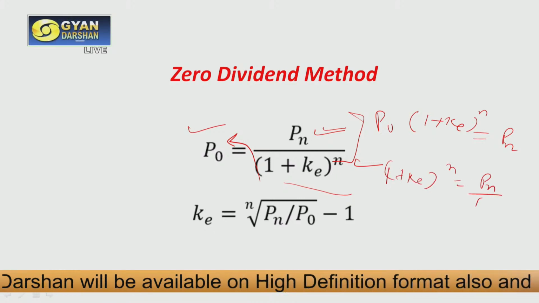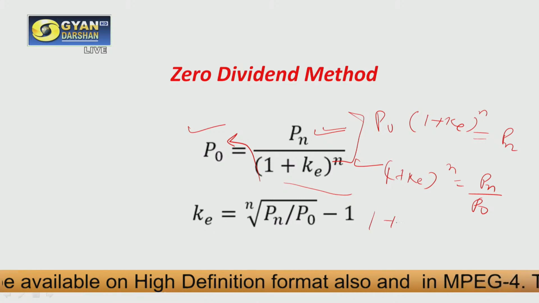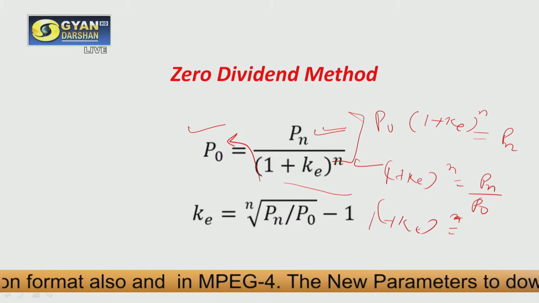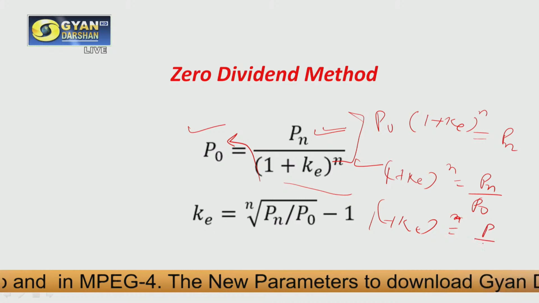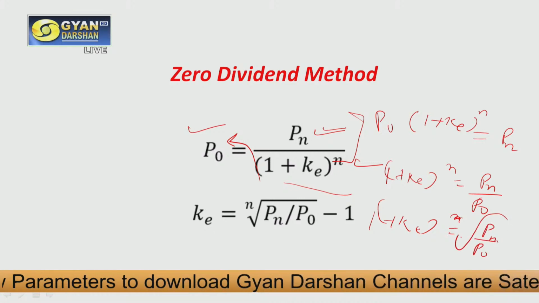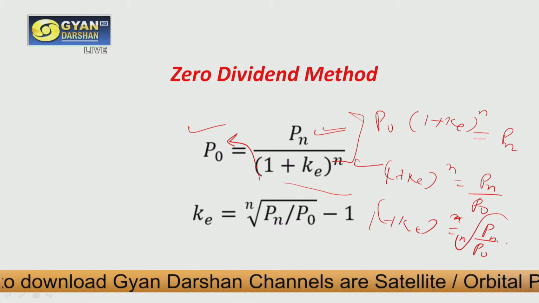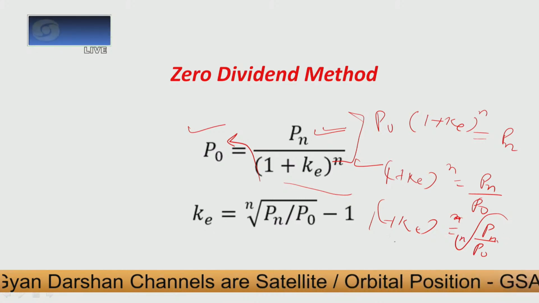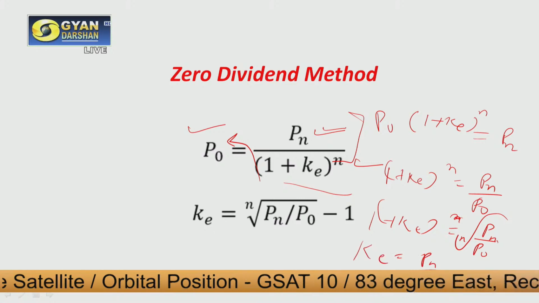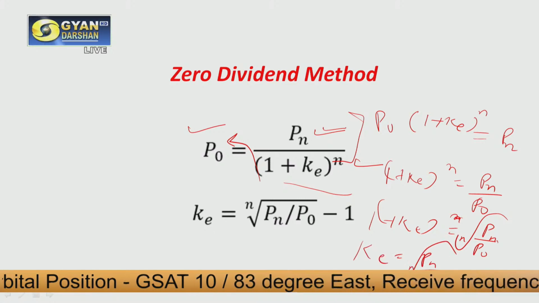Pn will be divided by P0, and for (1 + KE) raised to the power n, we will not use n here. Pn by P0 we need to calculate the nth root of this part, and then for KE